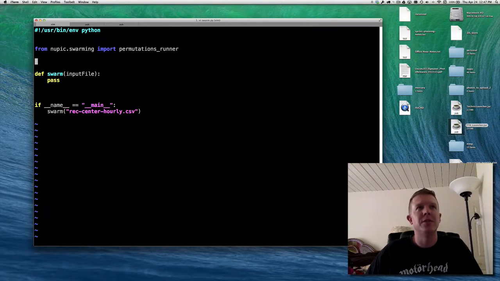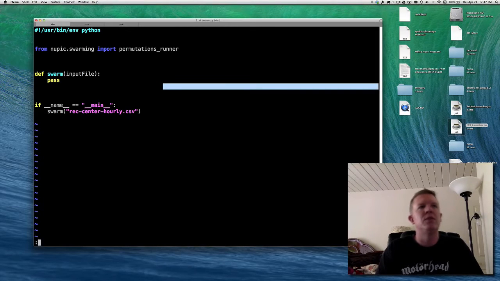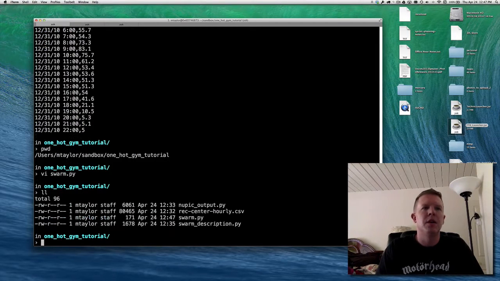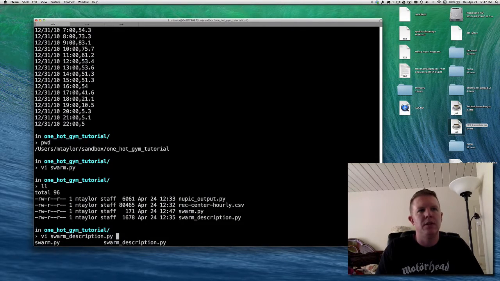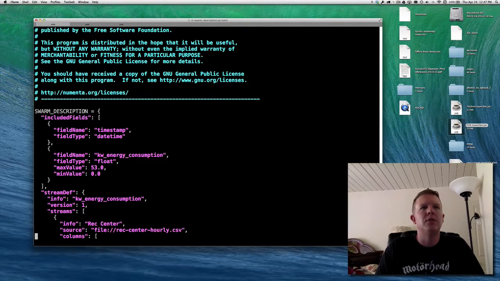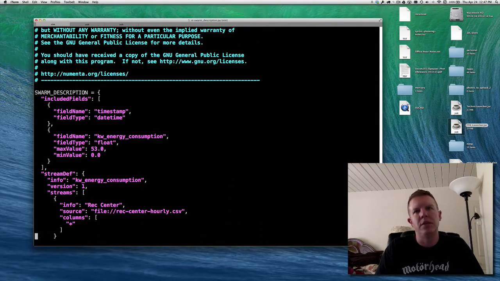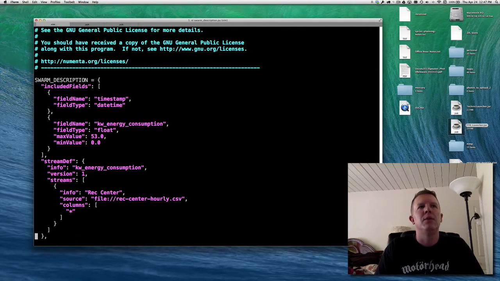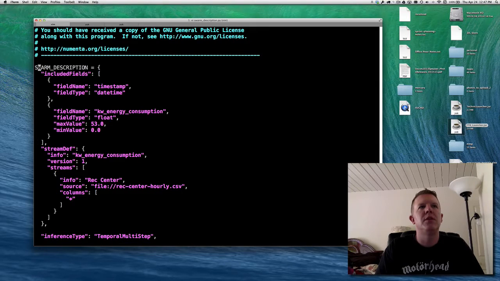The tricky thing is, to even run a swarm, to do anything, we have to have a swarm description. And I already have a swarm description here. Let's take a look at it. Swarm description. This is just a configuration. This isn't really code. It's just a Python dict. It could also be defined in a JSON file, but it includes some things that you have to tell it